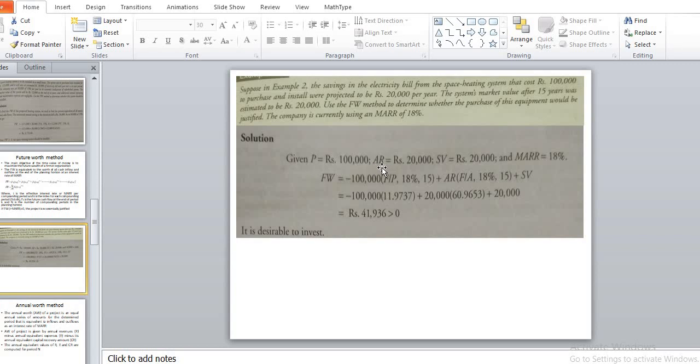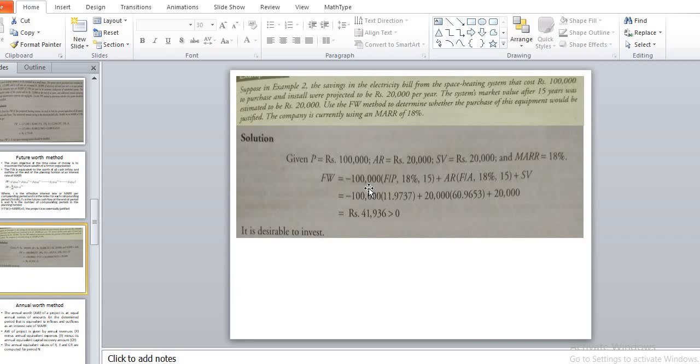Annual revenue, AR: the savings in the electricity bill are considered the annual revenue, which is 20,000. Salvage value is given as 20,000. Minimum attractive rate of return is given as 18%. So the future worth value we consider as minus 1 lakh rupees, which is the investment that we discussed in the cash flow diagram